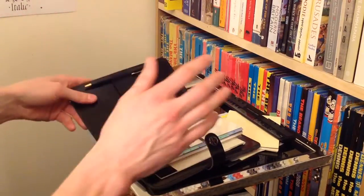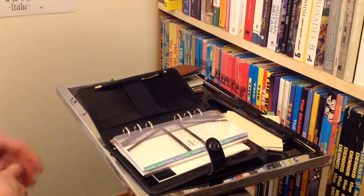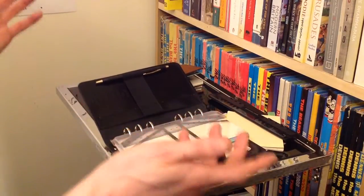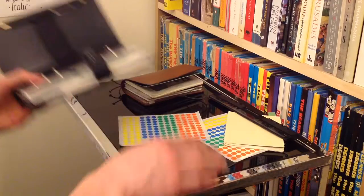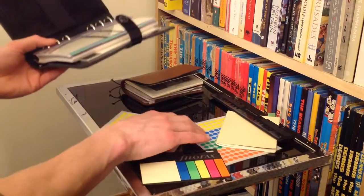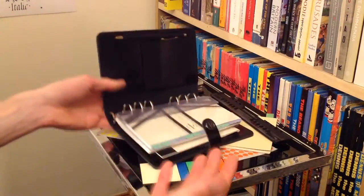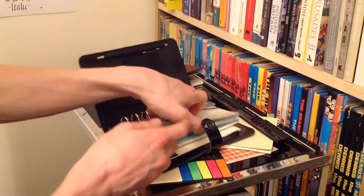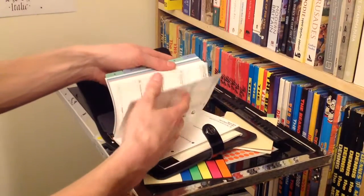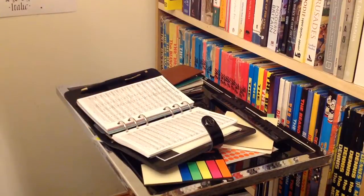But basically, this hopefully is going to be a couple of cards in there, my good old sort of interesting cards, a little bit of if found, please return to information in one of them, and then, well, maybe, like I say, I'll obviously have these tabs all in order and those in, keep the stickers close at hand, and then as long as I've got me trusty pen, hopefully everything should all fall into place. But it will be interesting to see how I get along, or it may be interesting if you're interested in that sort of thing. So please, like I say, check out my other videos, because I've got an absolute ton